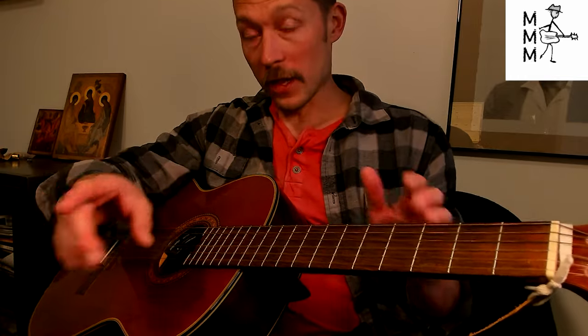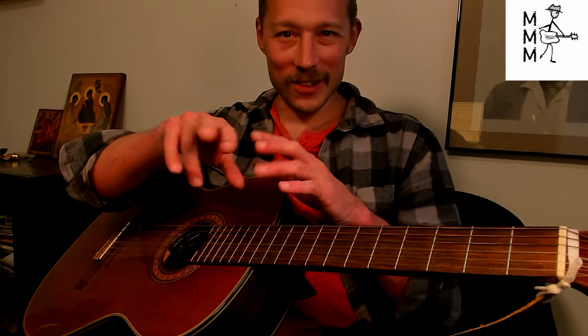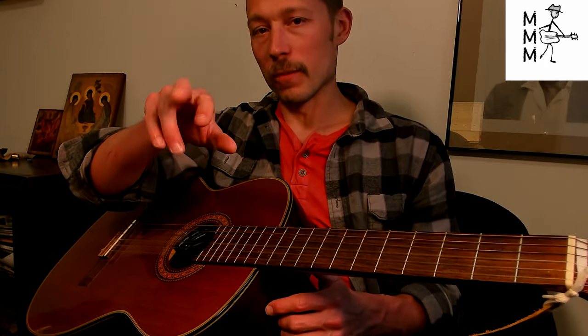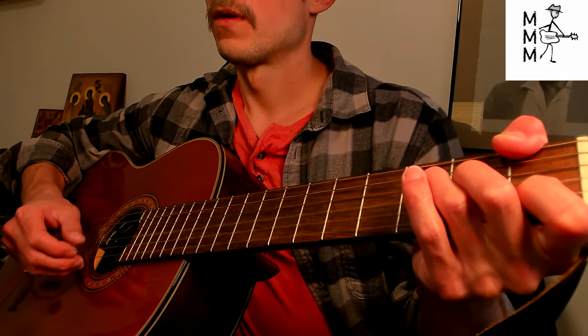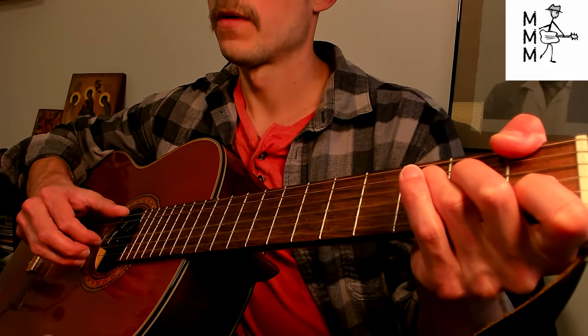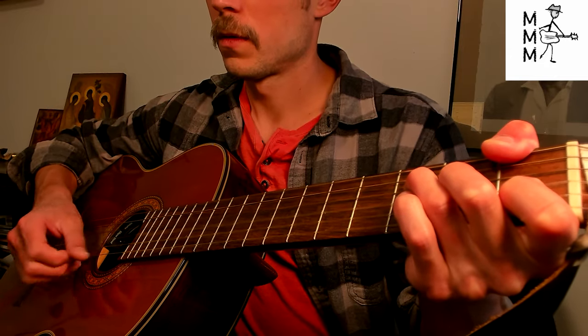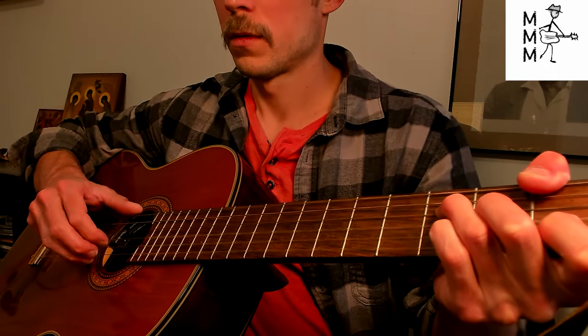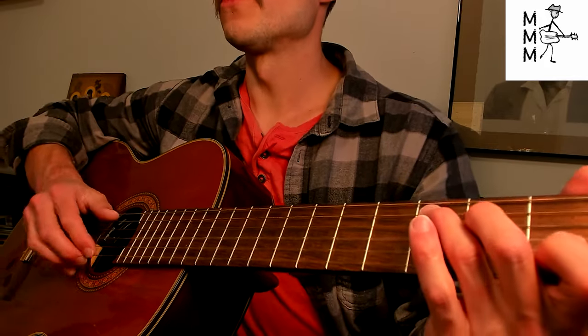You don't have to alternate. I know it makes it trickier. For slow stuff, it's probably easy to just double up with the same finger and not worry about the technical kind of aspect that comes into trying to do both of these on the same string. So that whole measure, get the thumb going, then let's play it here. Measure 22,